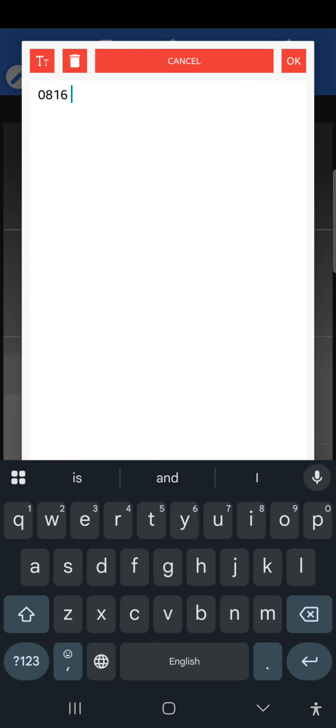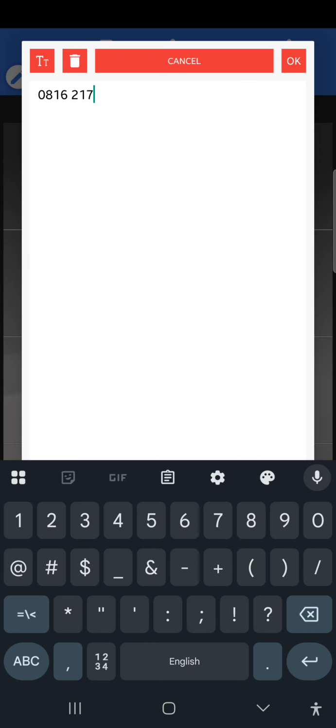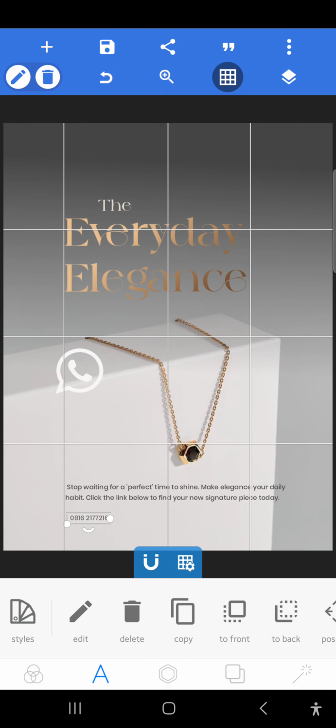0816 2177216. So that's my WhatsApp phone number. I'm making it a little bigger. So I'm going to say DM on WhatsApp. So we have a statement that says the everyday elegance, and we have this beautiful jewelry, and